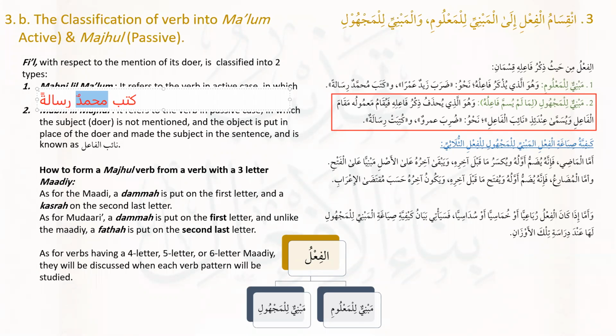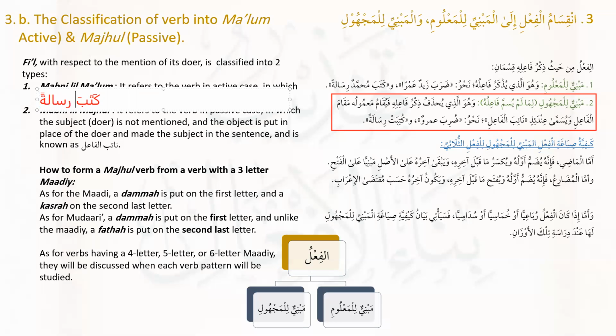Now what happens is, when we say kataba Muhammadun risalatan, Muhammad wrote a letter or a message, or let's say a treatise, or whatever is called risala in the academic sense. If we remove Muhammad, then we are left with a word that is mansoob and a fi'l. Now in this jumla there is no marfu', right? There must be a marfu' in the jumla.